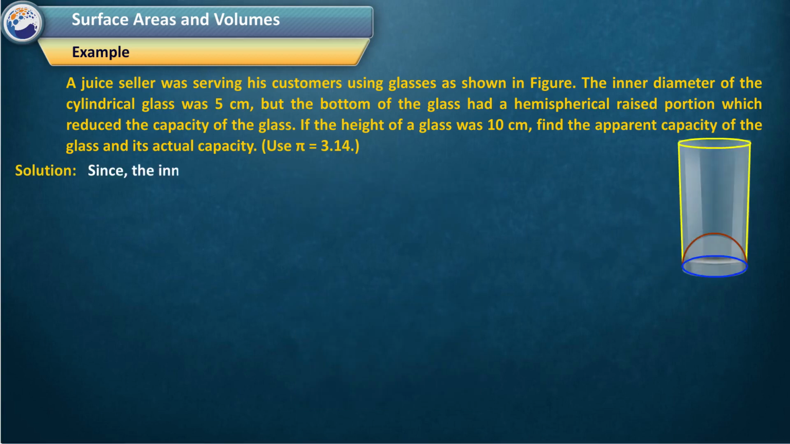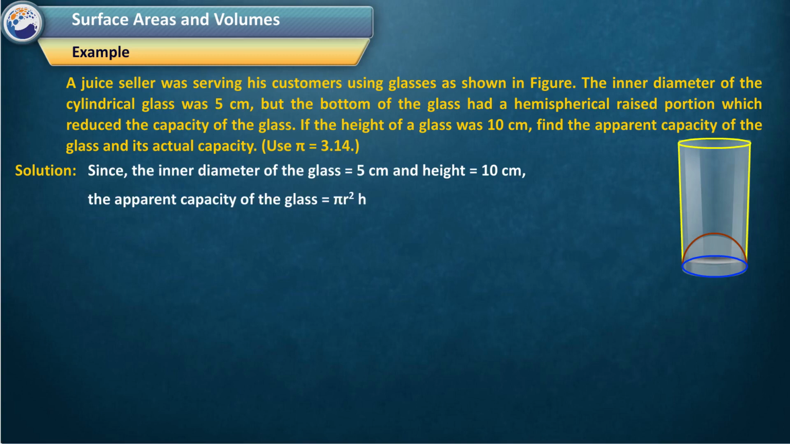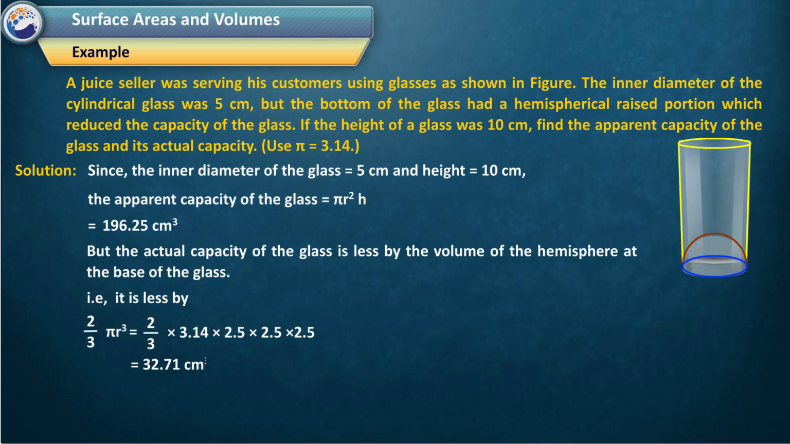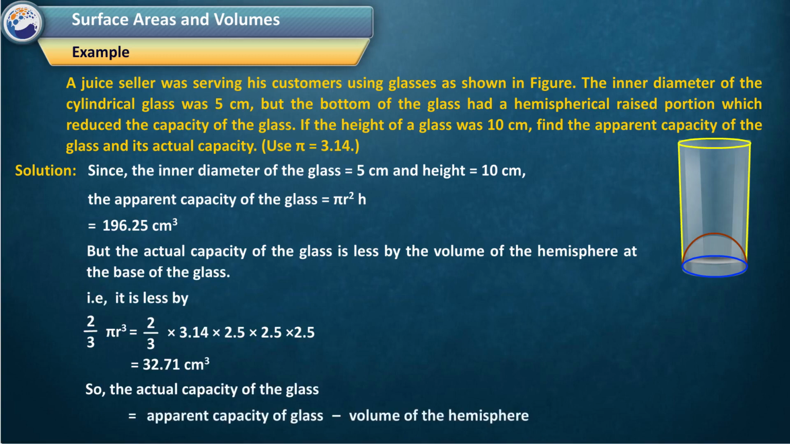Solution. Since the inner diameter of the glass equals 5 centimeters and height equals 10 centimeters, the apparent capacity of the glass equals pi r square h equals 3.14 into 2.5 into 2.5 into 10 equals 196.25 centimeters cube. But the actual capacity of the glass is less by the volume of the hemisphere at the base of the glass, that is, it is less by 2 by 3 pi r cube equals 32.71 centimeters cube. So, the actual capacity of the glass equals apparent capacity of glass minus volume of the hemisphere equals 196.25 minus 32.71 equals